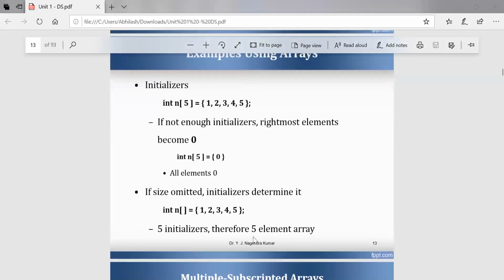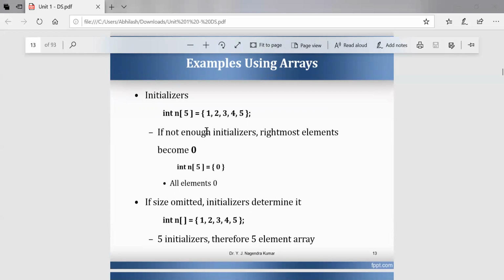So here we are initializing arrays in different formats. If you observe the first example, here we are initializing elements in the declaration itself. So int n[5] means we are creating an array with 5 memory locations, and we are assigning elements 1 to 5. That means we are directly initializing at the time of declaration of the array. If you want to initialize all elements with 0, simply assign int n[5] = {0}. So all elements of the array, that is 5 locations, now contain the default value of 0.